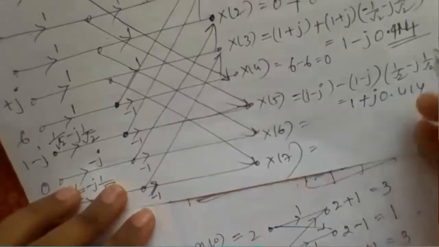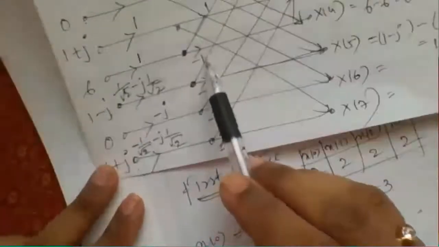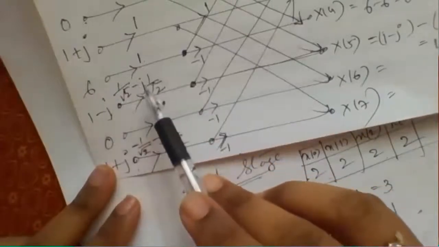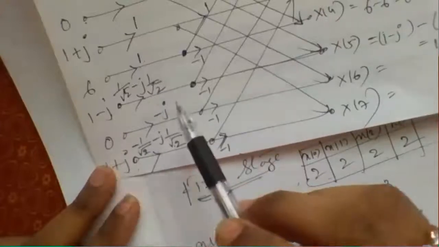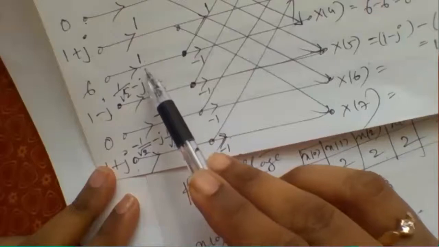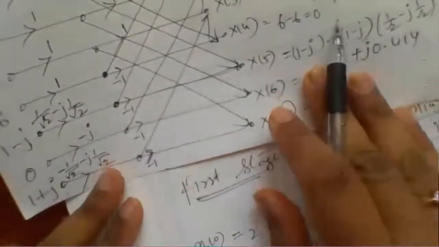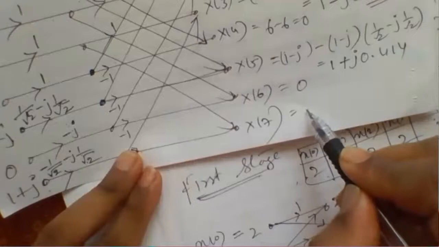That's all. What is needed is to be careful while multiplying the signs here, as well as the twiddle factors in the last stage. First and second are relatively easier, but in the third stage, that too in the second half, it needs a careful multiplication. Okay, and similarly X of 6, you verify that it will be 0,